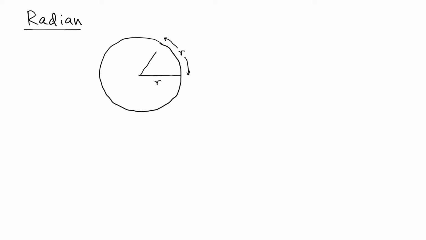And then we can consider this angle. What is the subtended angle from that arc? This angle is what we call the radian 1. So this angle is defined as 1 radian. So we can write it like that: 1 radian, we write rad for radian, equals the